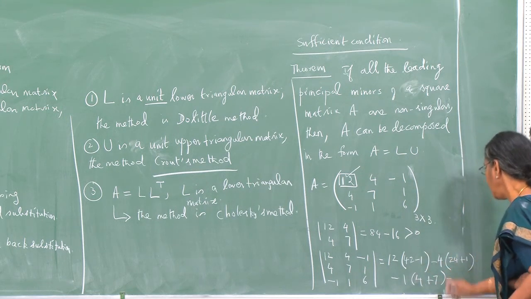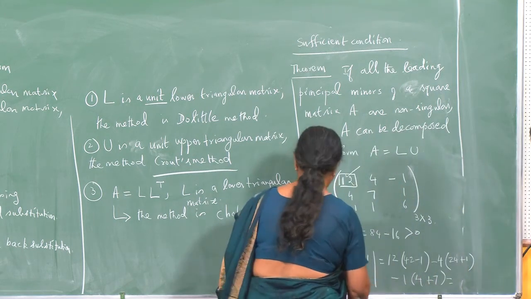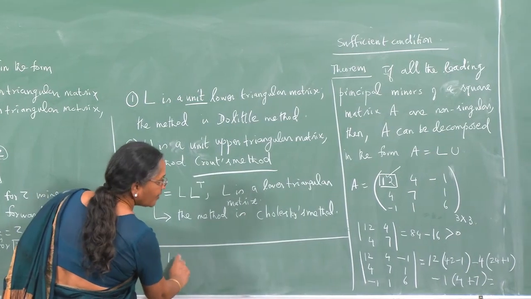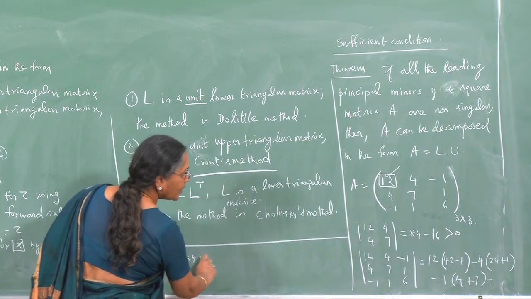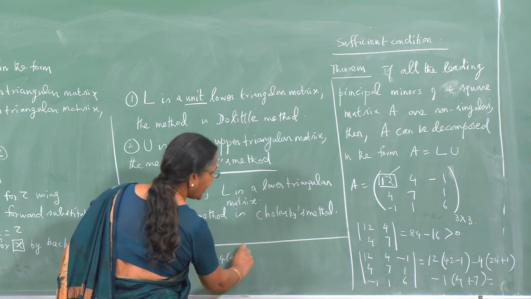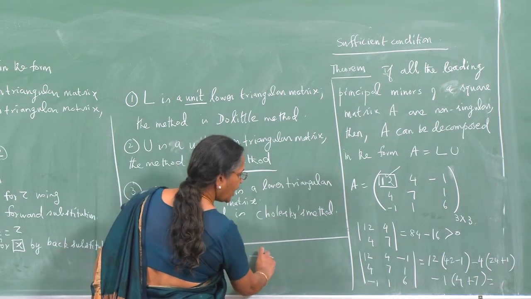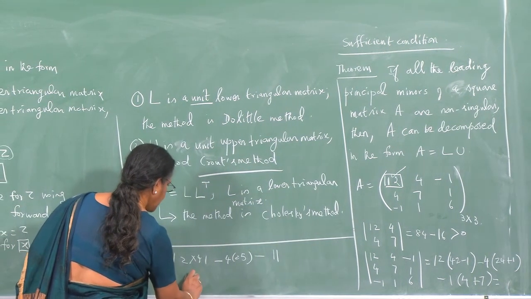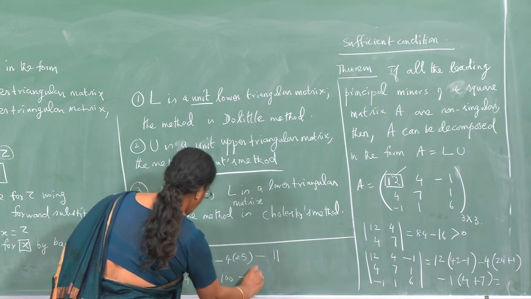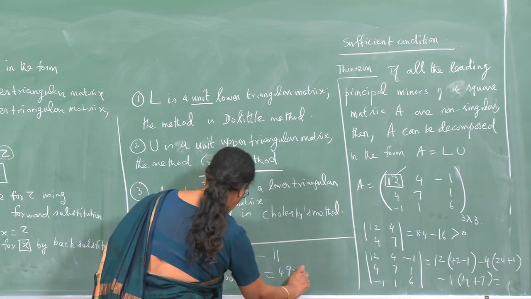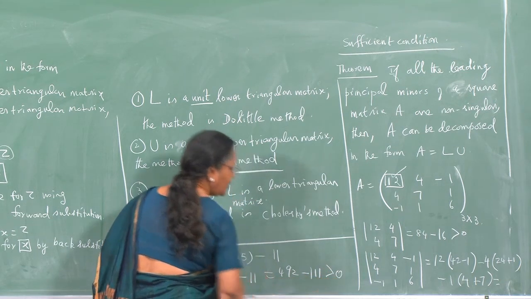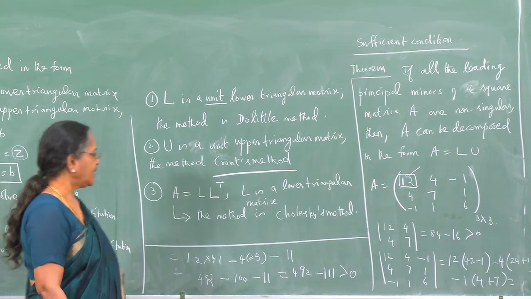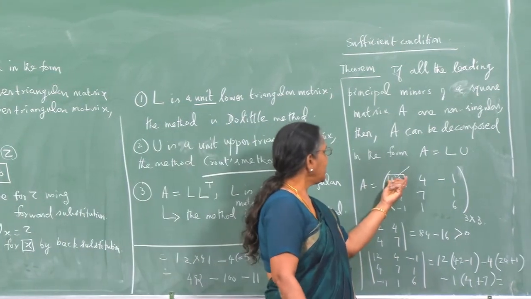So, that turns out to be, so I shall write down here, 12 into 41 minus 4 into 25 minus 1 into 11. So, it is 492 minus 111, which is again greater than 0, and we observe that all the leading principal